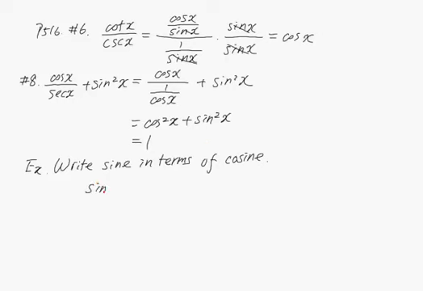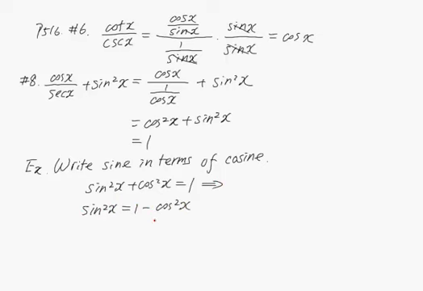So you have the sine square x plus the cosine square x equal to 1. Right now we need to write the sine in terms of cosine, so we just move this cosine square x to the right, and then we get the sine square x equal to 1 minus